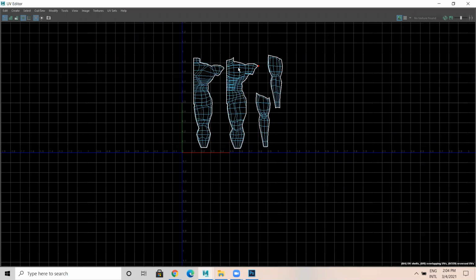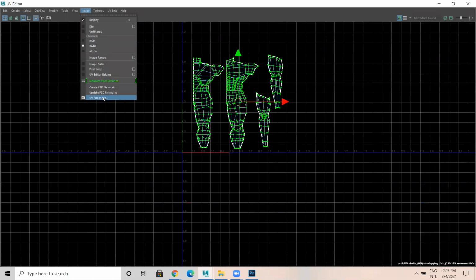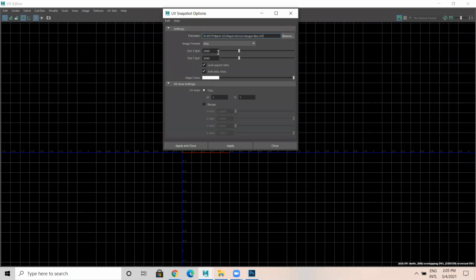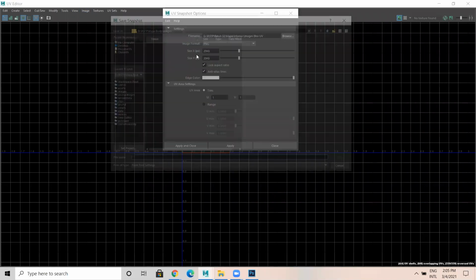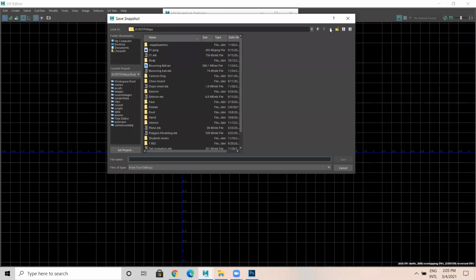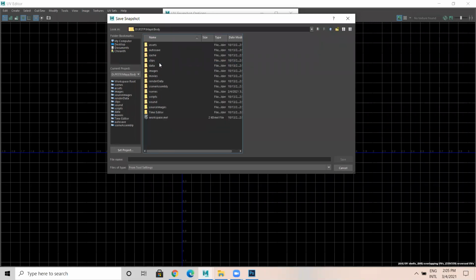So now what I'll do after this, go to UV, select all this UV. Next step is go to image, take a UV snapshot. So the UV snapshot has to be in PNG format, and make sure it is inside the body images folder.